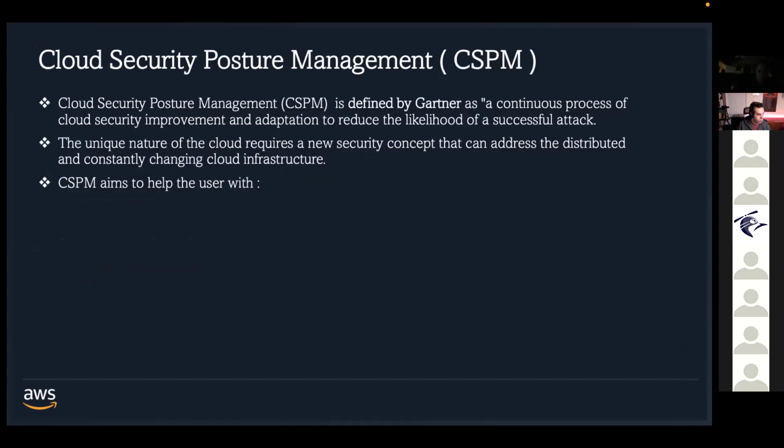So now we'll move ahead with cloud security posture management. So what exactly is cloud security posture management, and why is it trending, right? So basically, as per the definition by Gartner, it's a continuous process of cloud security improvement and adoption to reduce the likelihood of successful threat. So since cloud is